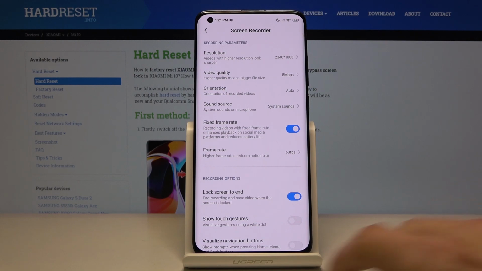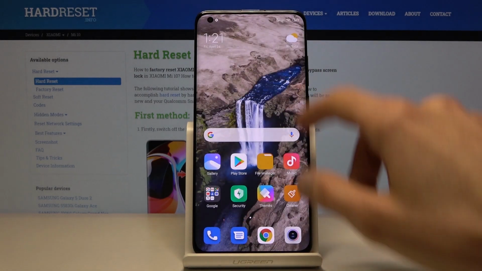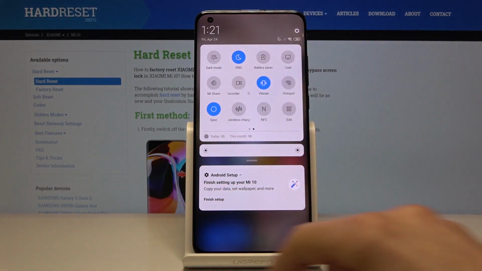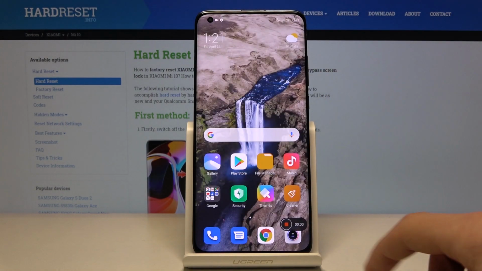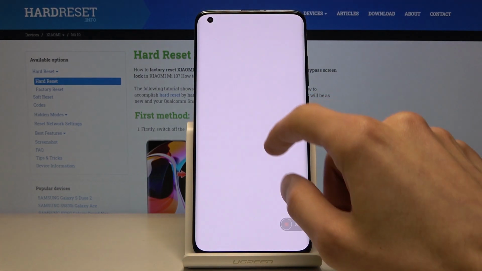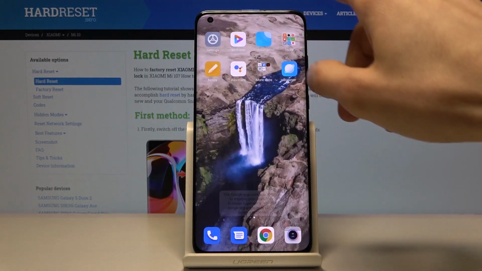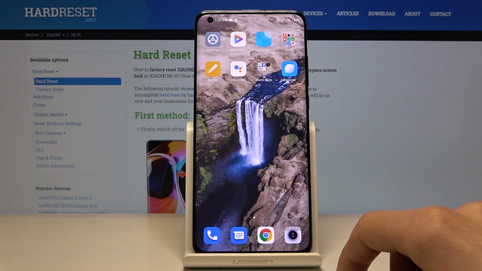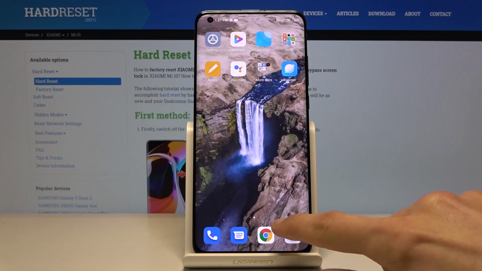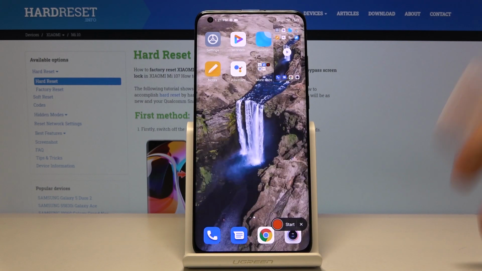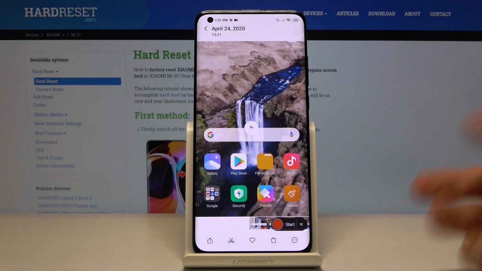And once it's set, you can then leave this area here and go back to the toggle and just simply tap on it. And you can see right here it's recording, and then whatever you do will be now recorded, as you will see soon. So once you're done, all you need to do is tap on this, tap on the mark there, and there we go. You can tap on this to view it here,